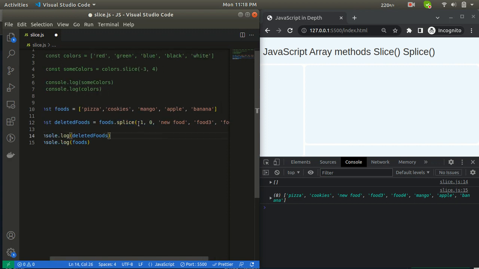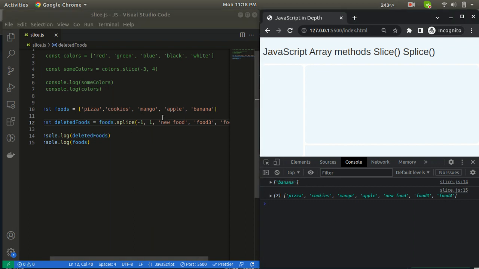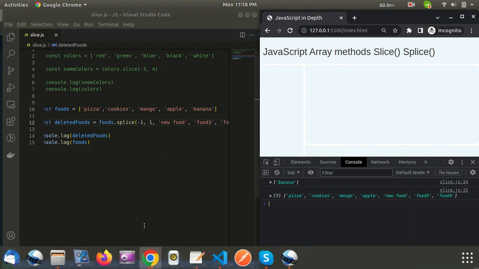Let's see. Now we have passed 0, that's why it doesn't delete, but if we pass 1, then it will delete the banana. See, banana is removed from the original array, and this is the deleted array. So a negative number works similarly to slice.